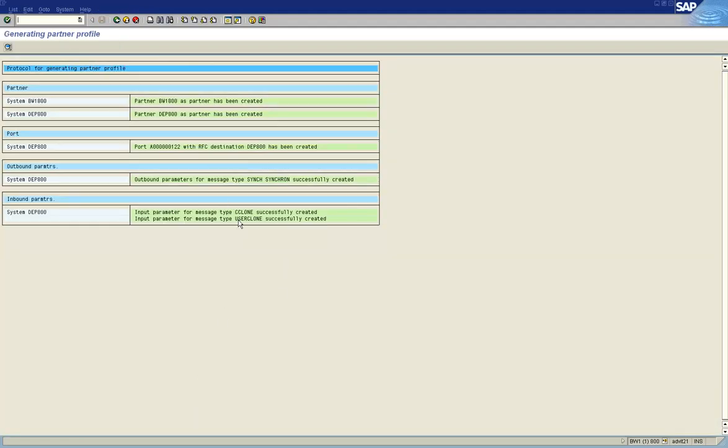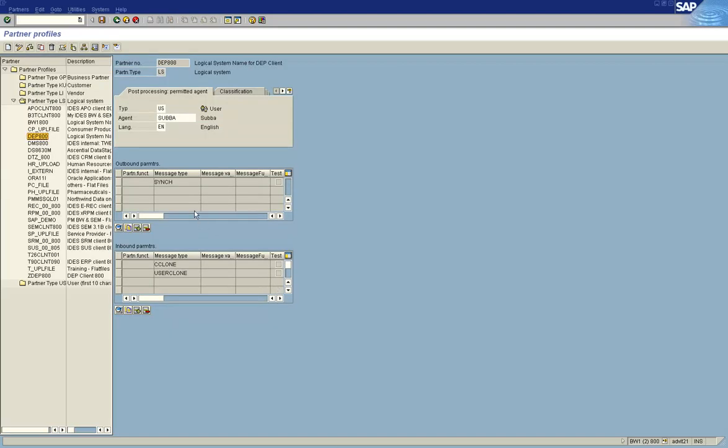Okay, so clone. Okay, outbound parameters was synchronization of the user information from the child client to the central client, and inbound parameters is the information that is coming from the central client to the child client. So that's why if you go and look at partner profile information here, you have sync in outbound parameter and CC clone and user clone in inbound parameters.